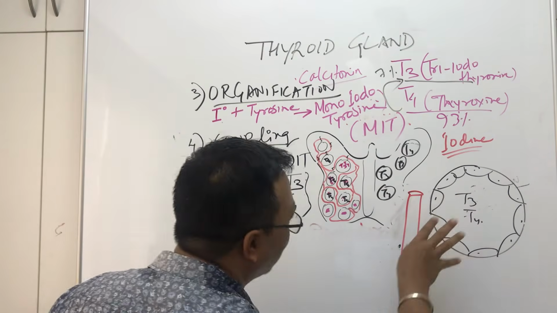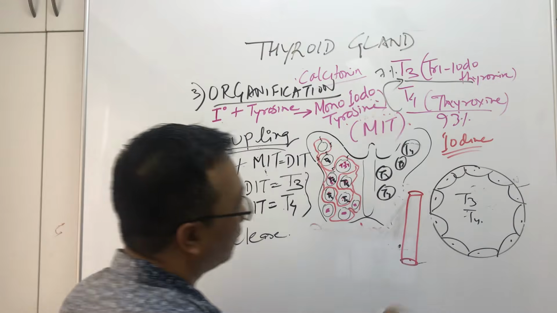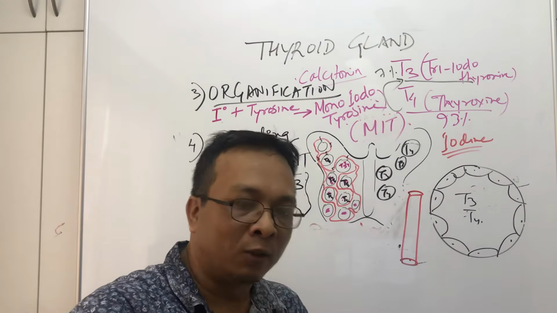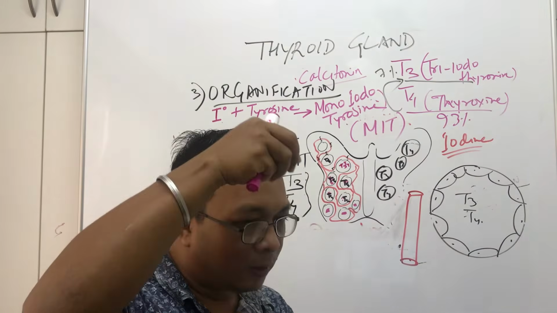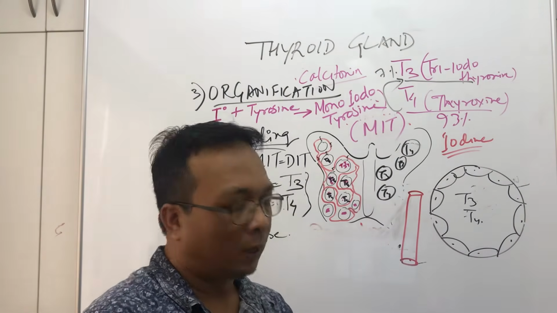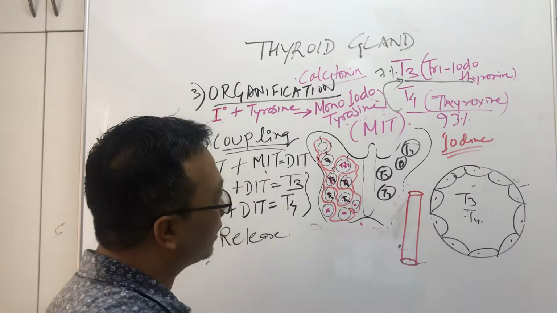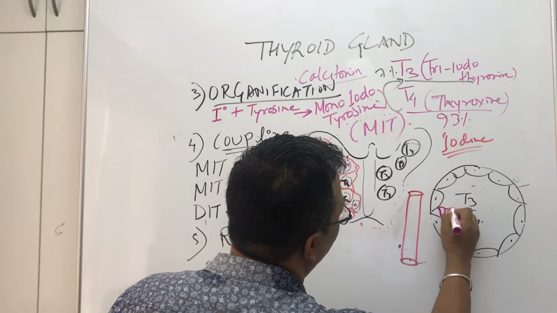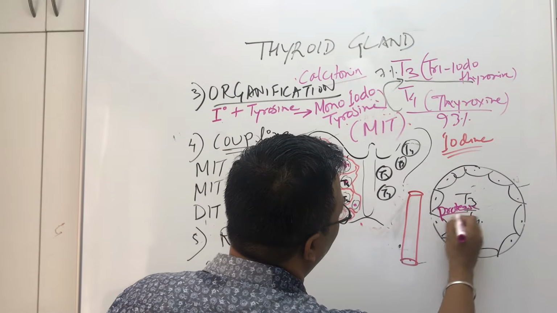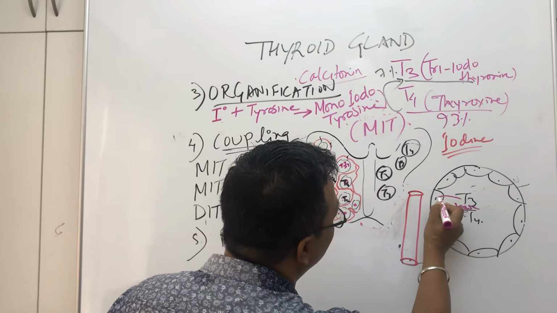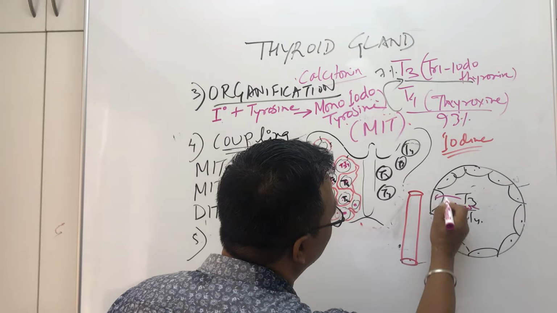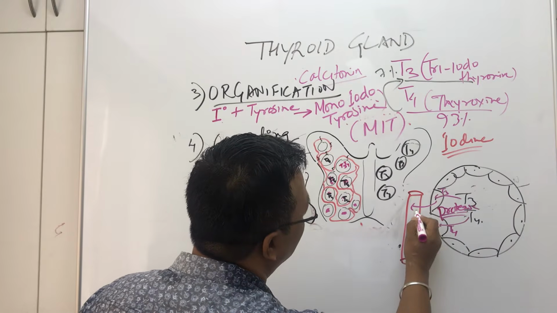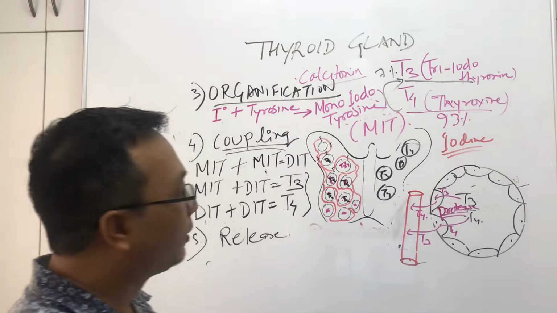So this T3 and T4 will be cleaved, means you have to chop. Now you have to remove this because T3 and T4 are attached inside the thyroglobulin. It's like a dough, the T3 and T4 are inside the dough. Now you have to pull the T3 and T4 out of this thyroglobulin. So there is an enzyme called protease enzyme. This protease enzyme will cleave this T3 and T4, and from here it will be released into the blood.